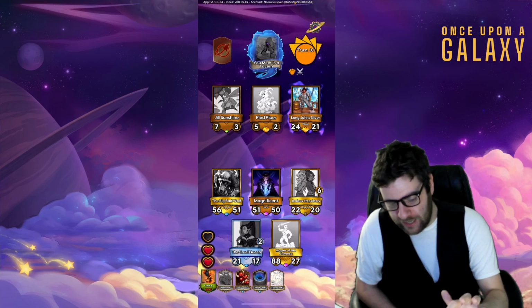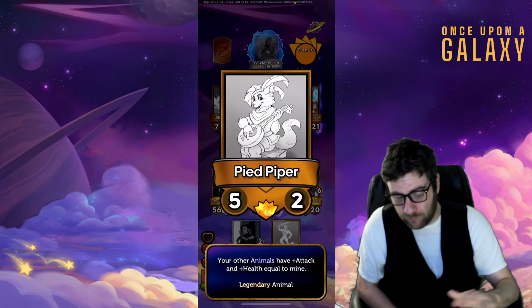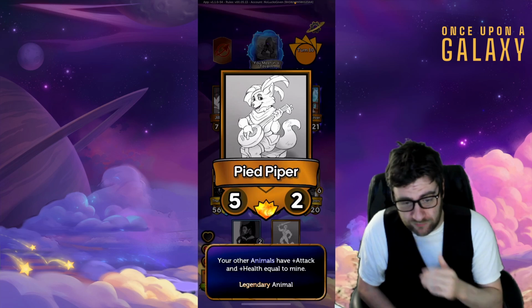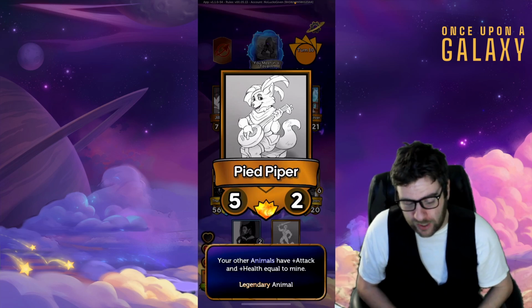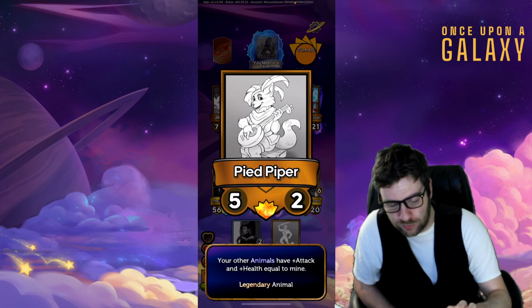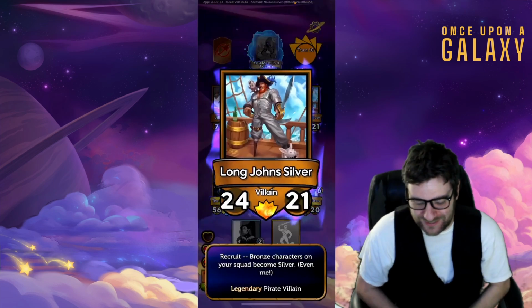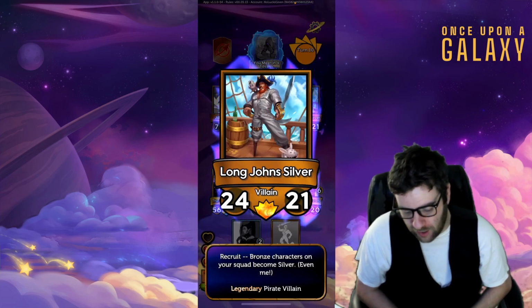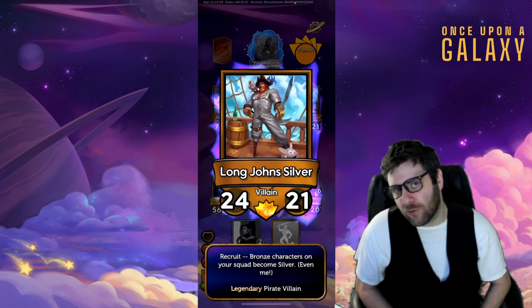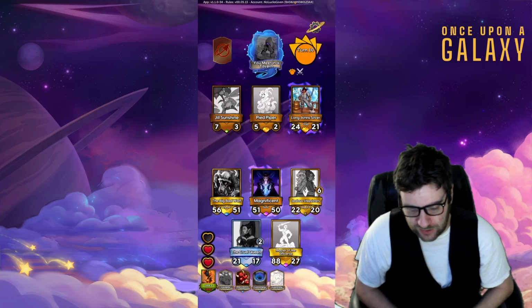So, You Meet in the Tavern, we've seen that. Jill Sunshine is support +7. Pied Piper, really cool for animals. We are definitely not here, and it's not a villain, so I can't do anything fun with it. Your other animals have plus attack and health equal to mine. And then Long John Silver, this is a silly one. Recruit bronze characters on your squad become silver. Not really super important, but it is a villain, so I do think that it is worth grabbing here